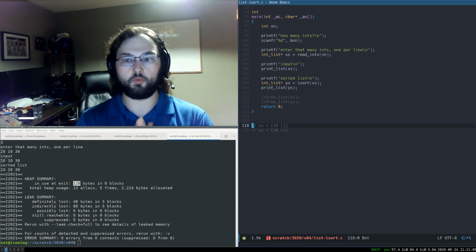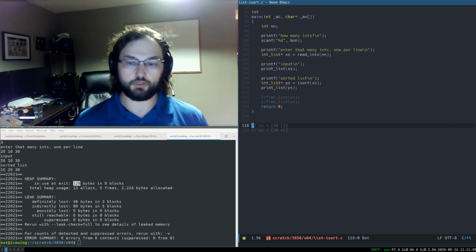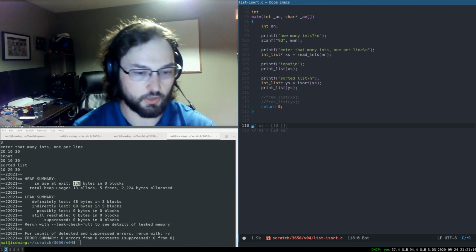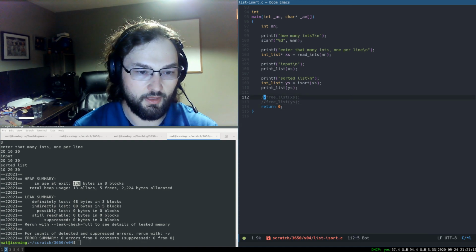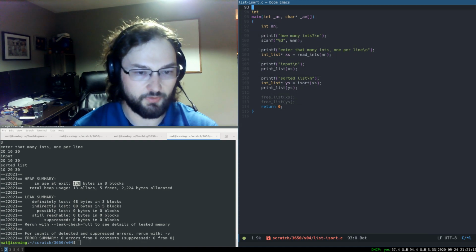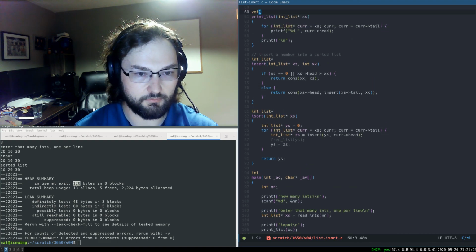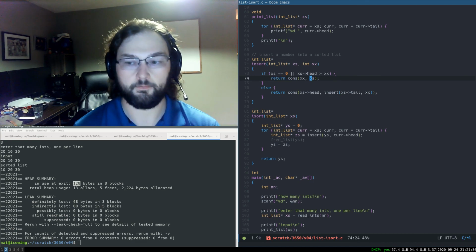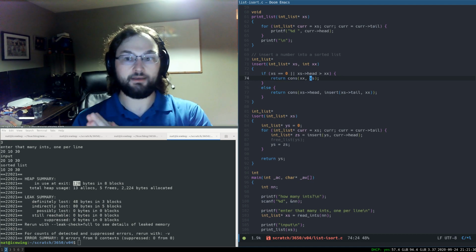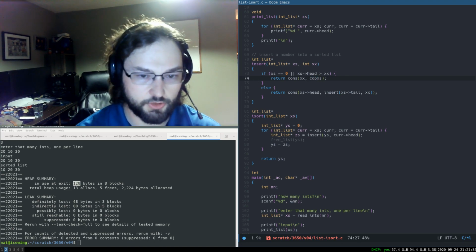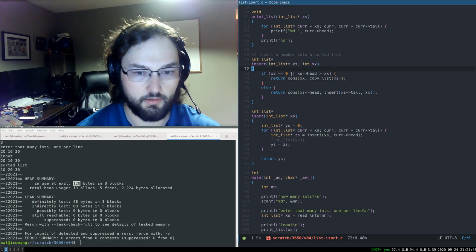And we may talk a little bit more about garbage collection in a future lecture, but that's not what we're trying to do right now. This is a good example, though, of a situation where garbage collection would help us. But what I want to do here is just make sure that we never have any of that shared structure. Every time we do anything that might result in producing a new list, if we want to include the data from an existing list in the new list, we're going to include a copy of that data. So we're going to create a function copy list,